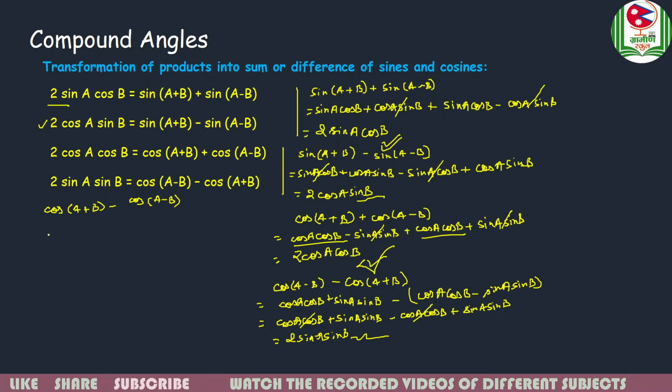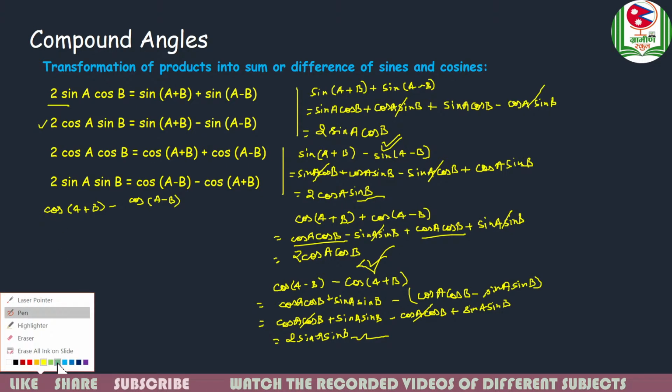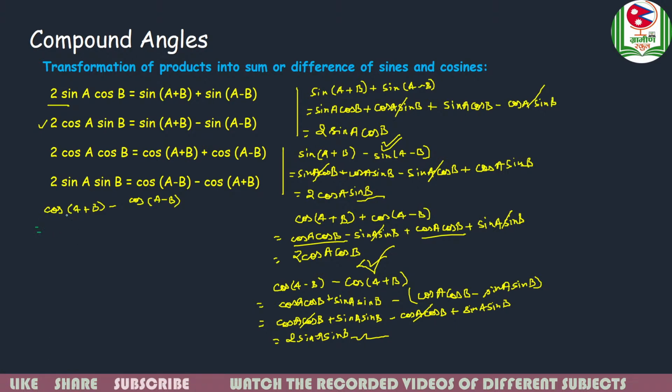Then what will be the result? You can see here. As you know, cos(A+B) is cos A cos B, as it is plus, so here minus sin A sin B,